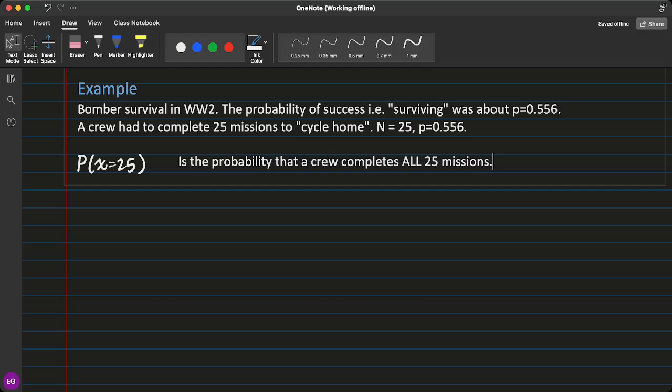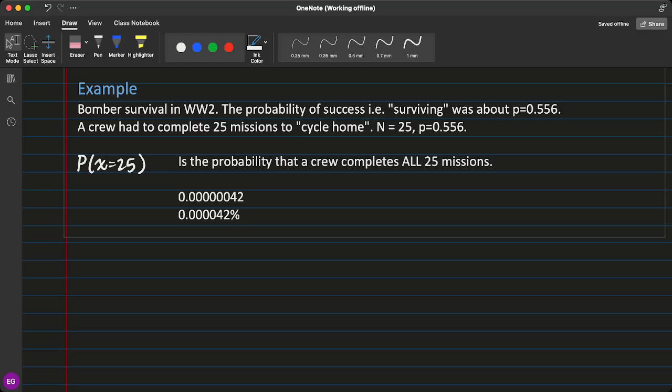Let me paste it. That's the decimal. We move the decimal place 2 over, and it's 0.00042%, which is why they ended up reducing the number to 20 missions later,